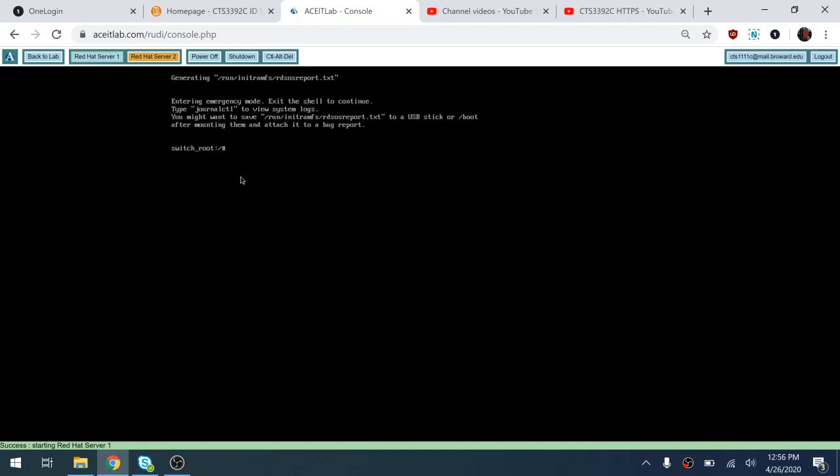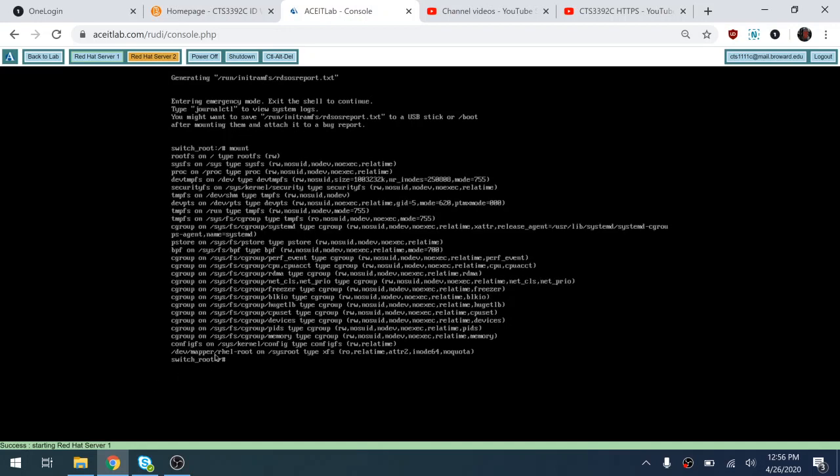So now basically I'm in the system in emergency mode. If I type the mount command, I can see that my operating system is now mounted to something called sysroot. So this was like a temporary file system that allowed me to get to this command prompt and to repair something on my OS. The book has it as password recovery. So what I'm going to do is